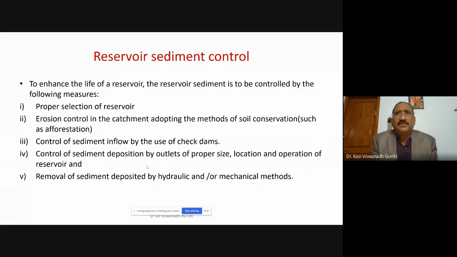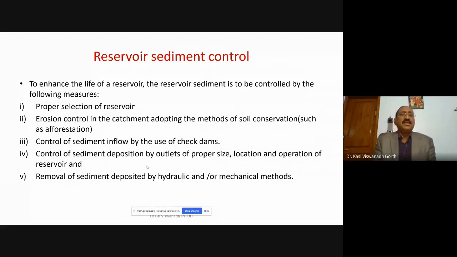As we have been indicating, it is inevitable. We have to live with the sediment in the reservoir. We can't say that we are constructing a reservoir with no sediment. It is not possible. So reservoir and sediment both live together, like a dam and reservoir living together. We need to have a reservoir and the sediment.